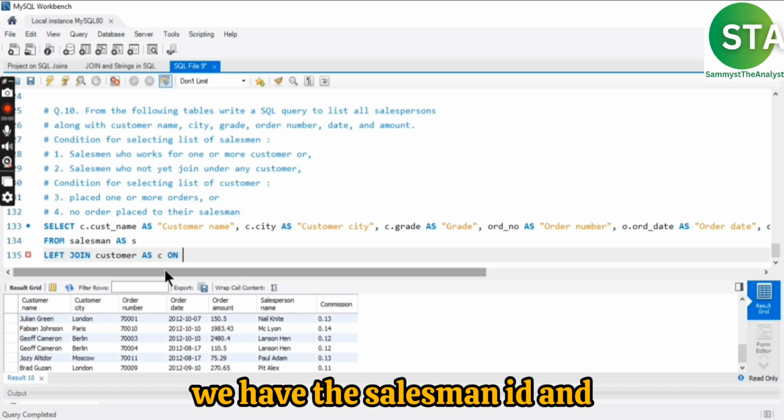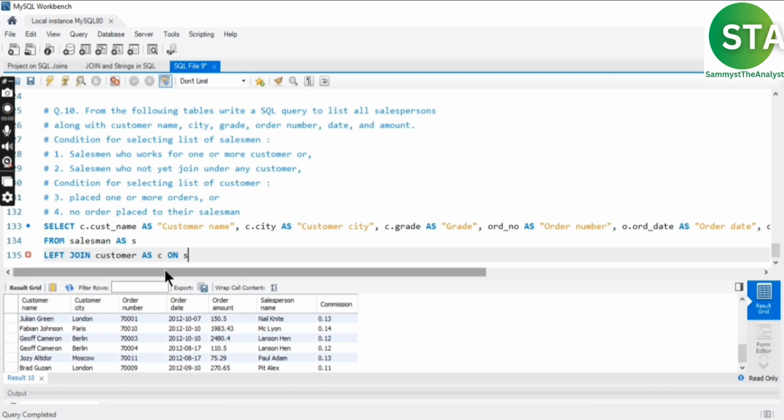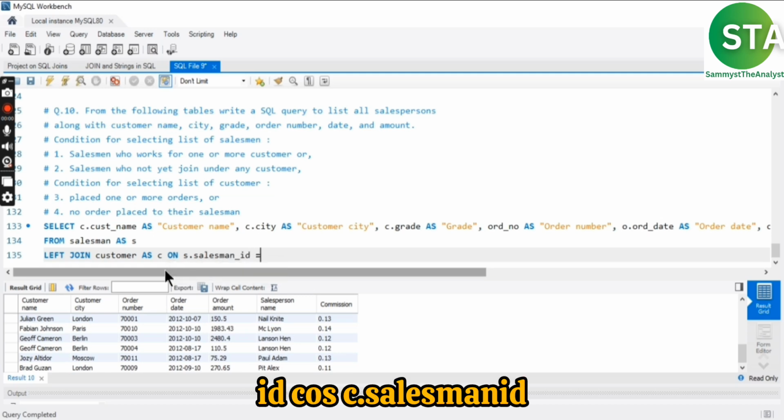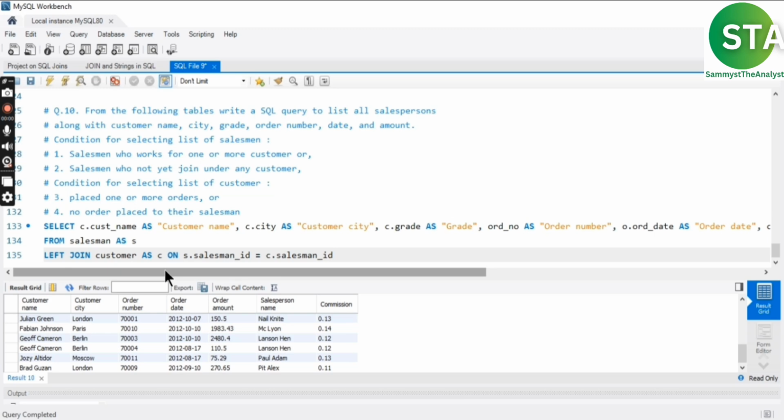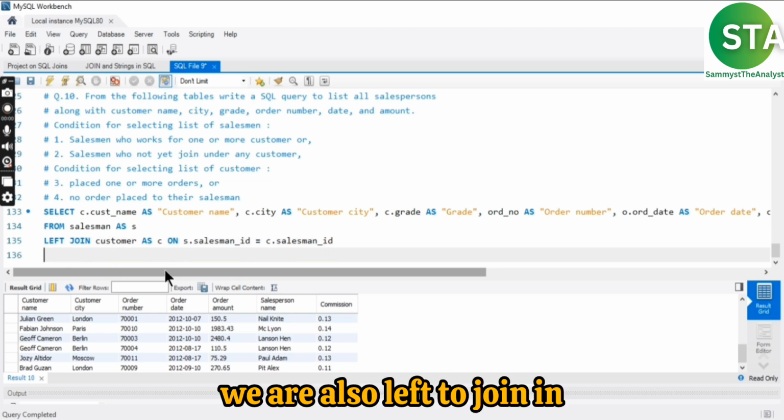We have the salesman ID on S.salesman ID equals c.salesman ID. We are also left joining